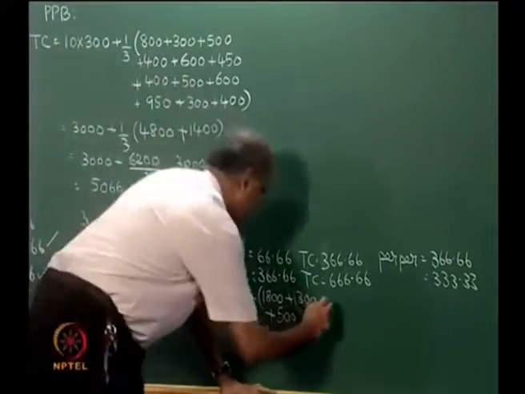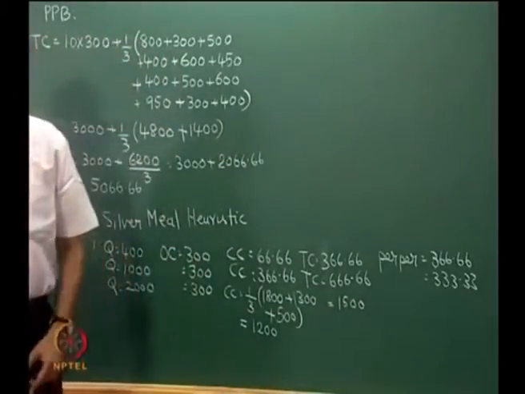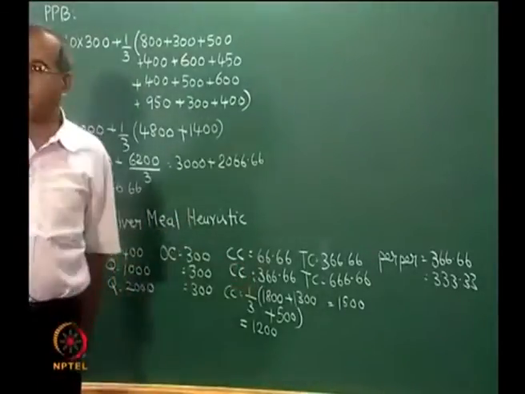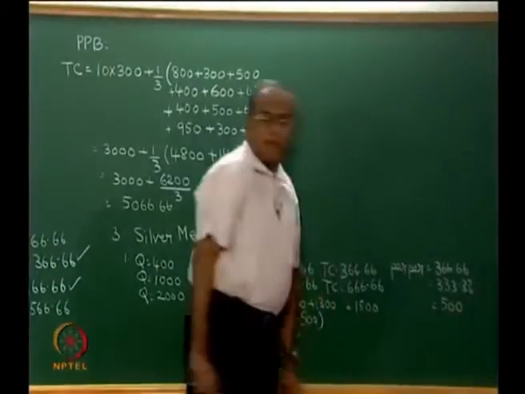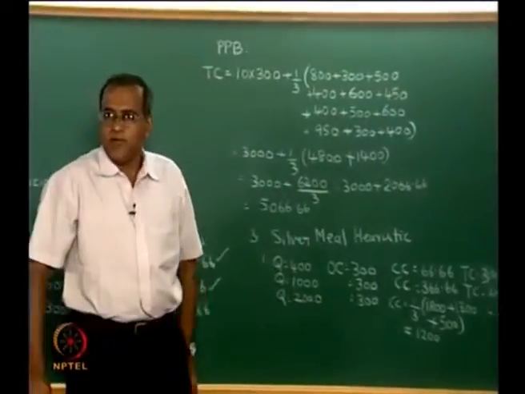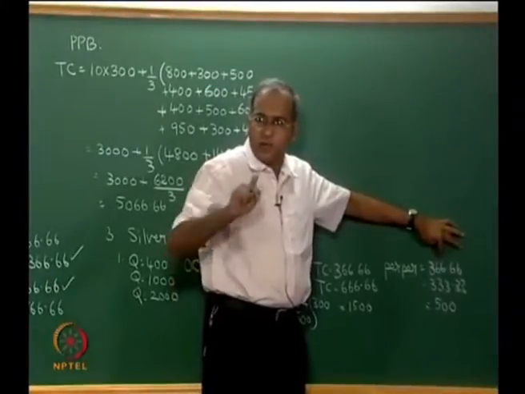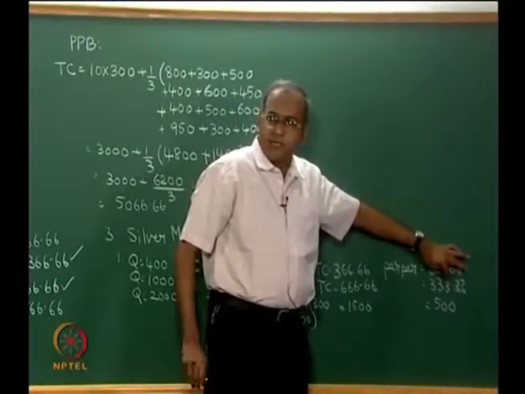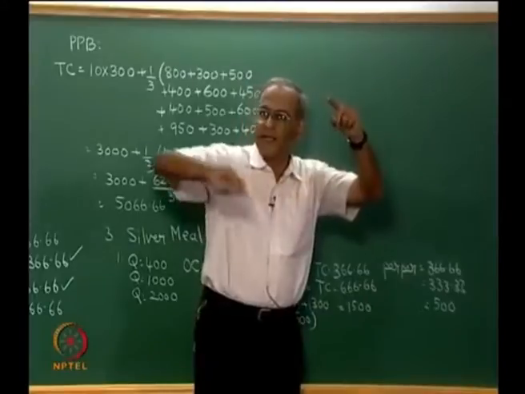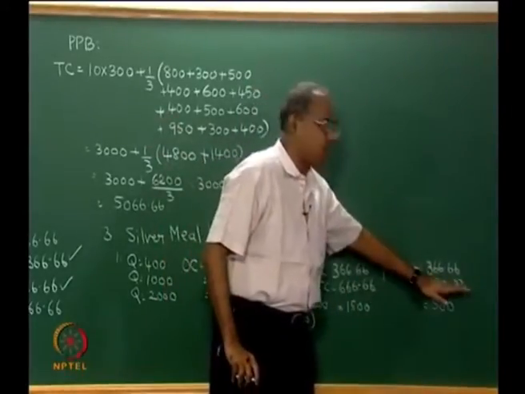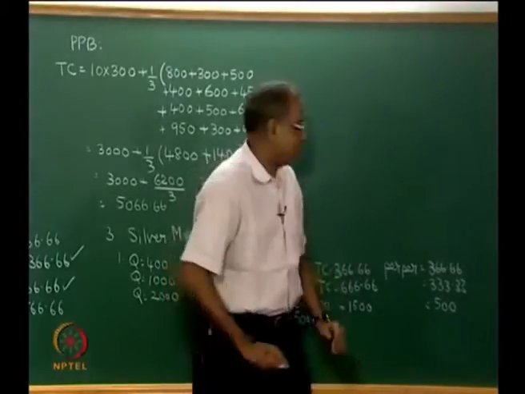So, total cost will be 1200 plus another 300, which is 1500, and the per period will be 1500 divided by 3 periods, which would give us 500. So, now we realize that the per period cost was 366.66 when we considered 1 period, 333.33 when we considered 2 periods, and 500 for 3 periods. So, it went down and it came up. Therefore, this is the place where it is giving us a local benefit, the best out of the 3. Some kind of a local optimum is happening here.